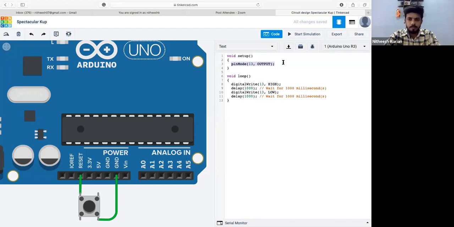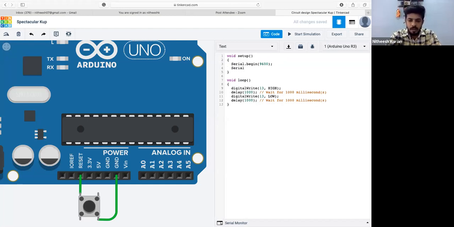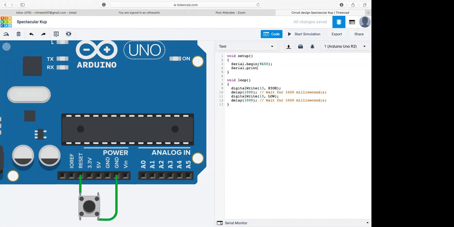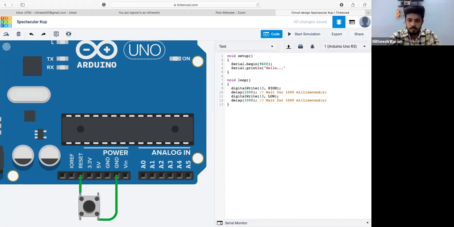I will begin Serial.begin with a 9600 baud rate, and in the void setup itself, I will print Serial.println hello. Okay, and in void loop, I will print Serial.println